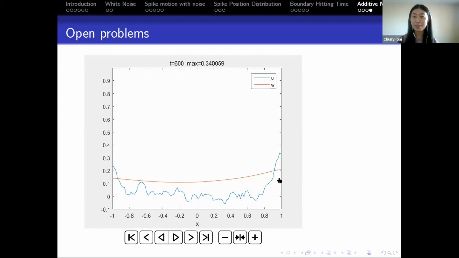Actually, no. If you don't have the noise term, u is a spike and it's 0 in the outer region. So when you have noise, you get some oscillation around 0 there. We didn't really consider how to handle that. I know what you mean, since it has a realistic meaning in real life, so we really don't want a negative solution. But here we haven't considered that part.